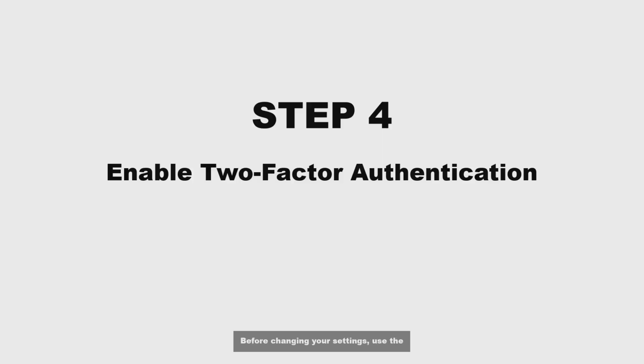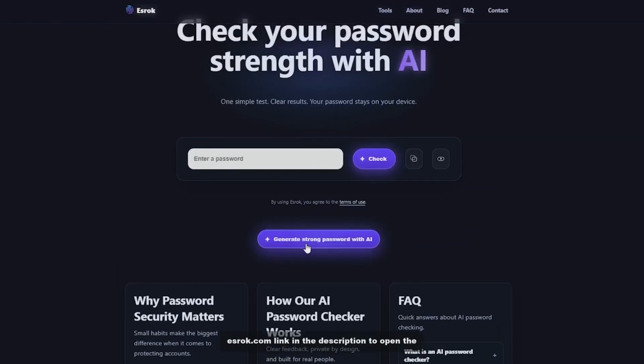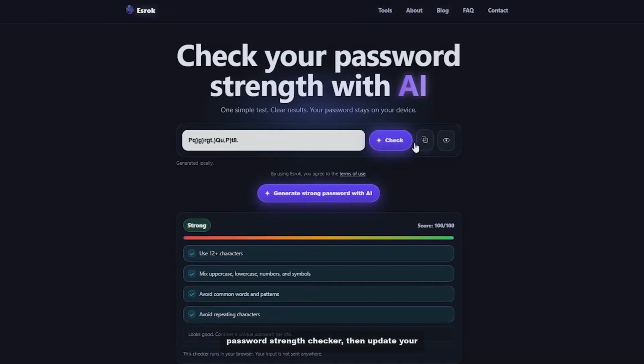Step 4. Enable two-factor authentication. Before changing your settings, use the etrock.com link in the description to open a password strength checker, then update your